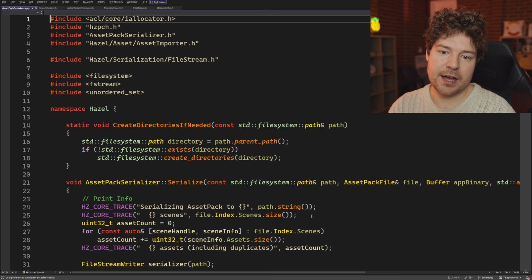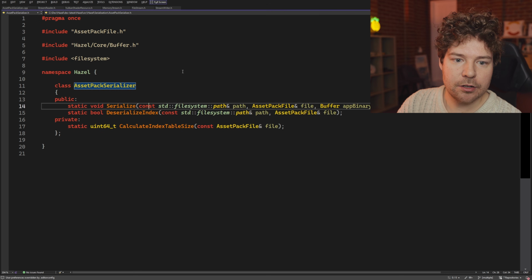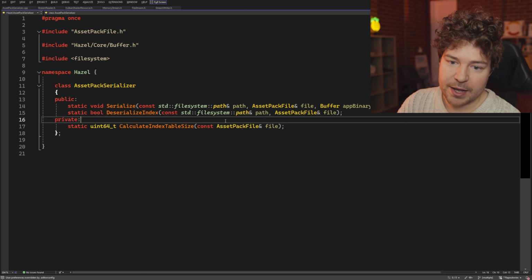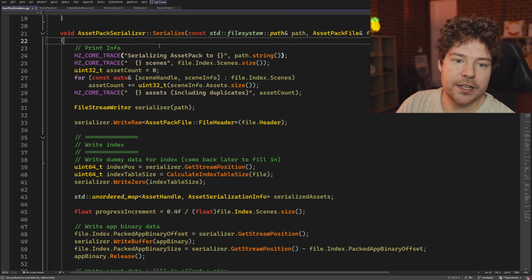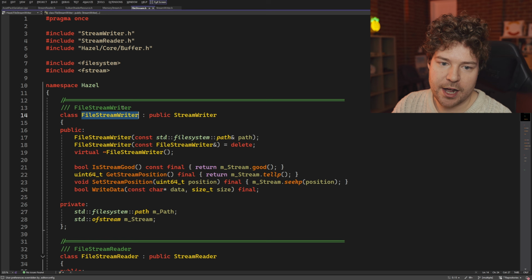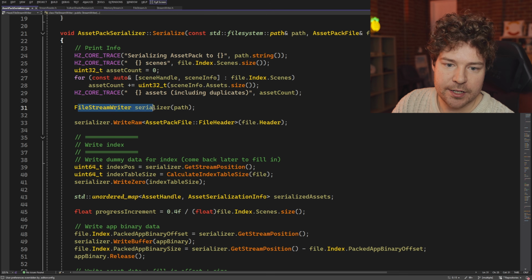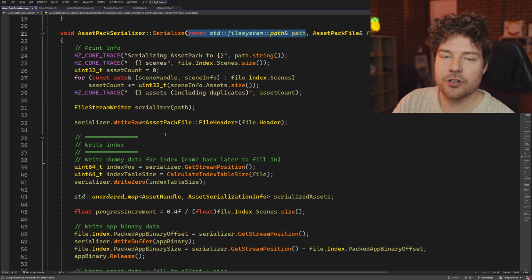So I think asset packs are probably the juiciest example. We have this class here called asset pack serializer, which will basically serialize an asset pack and also deserialize its index so that we can actually see what assets are within that asset pack and then decide to load whichever ones we need. So over here, you can see we create a file stream writer. This is that class that we looked at earlier. We're creating an instance of it just on the stack like that. We've called it serializer, and it's going to have this path that we're trying to write the asset